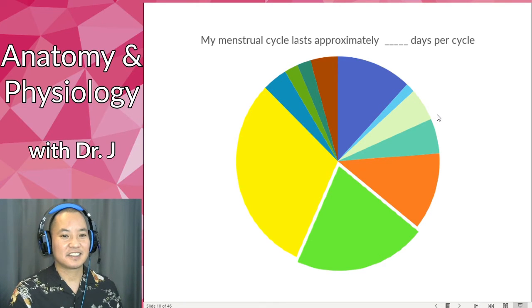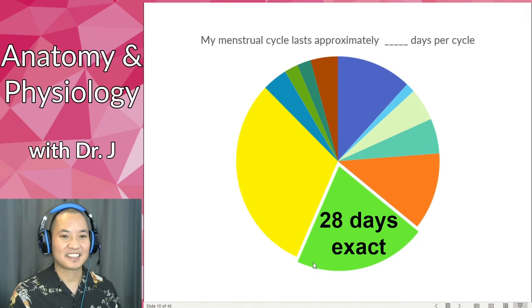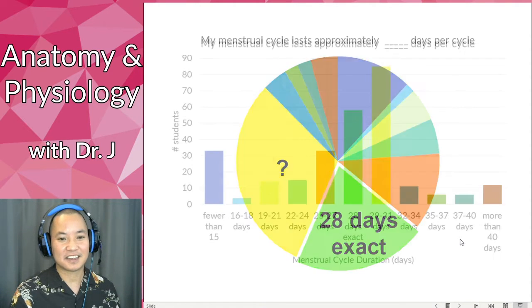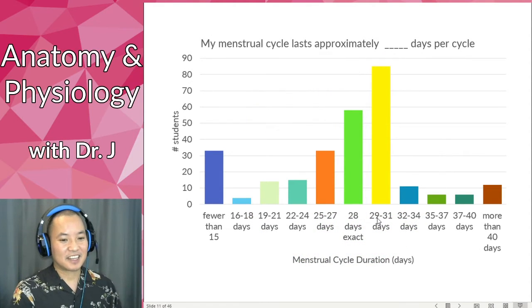So what they said is that for the ones that said 28 days exactly, yeah, there's quite a few, but it's far from the majority. In fact, there's a population that actually beats out the 28 days. And what we see here is that